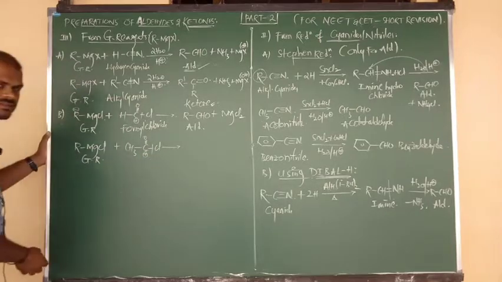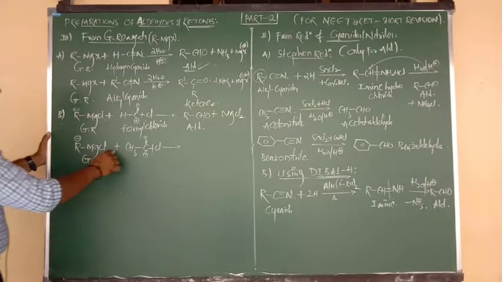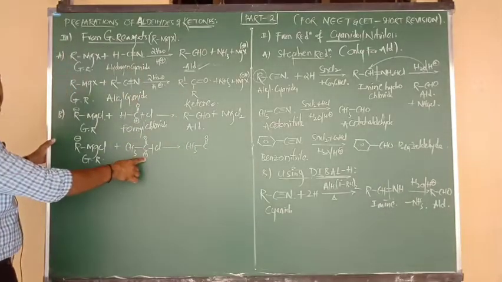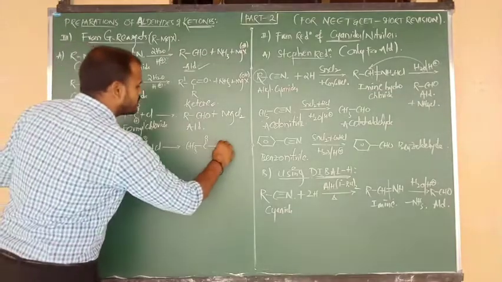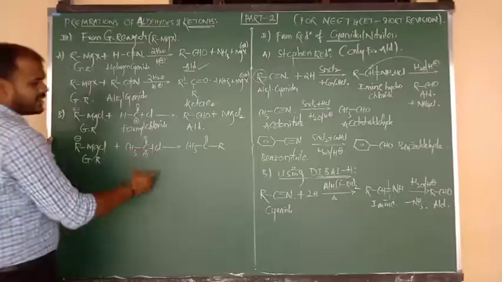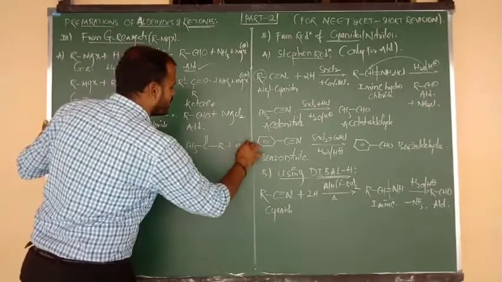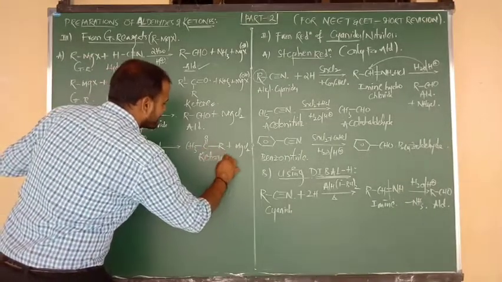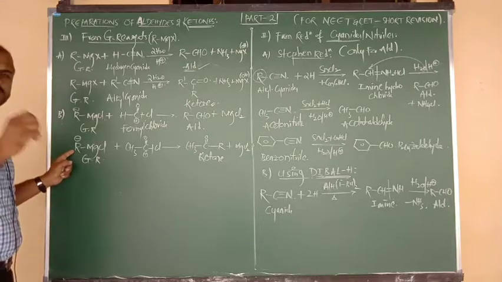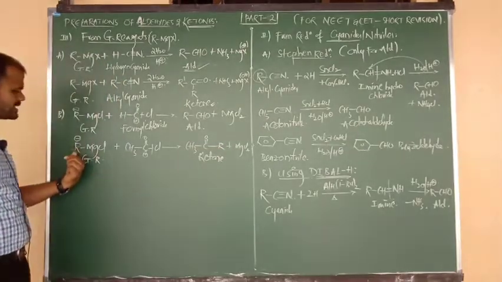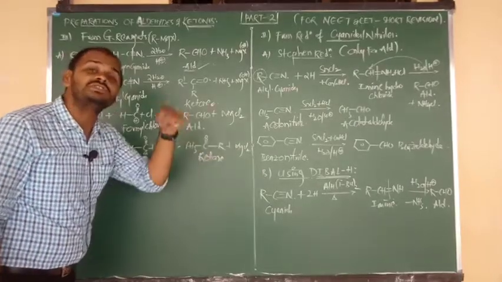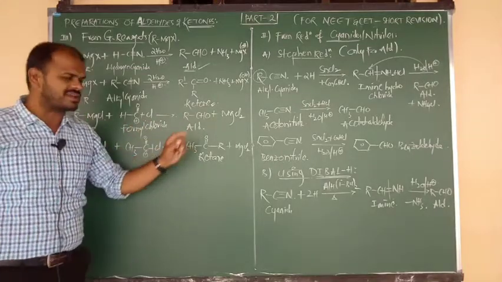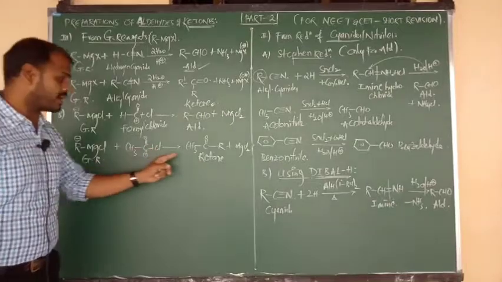Again same thing. CH3 C double bond O, the carbon charge is plus, and it is attacked by R minus. CH3 C double bond O, I am going to write here as it is. The central C contains the positive charge and it is attacked by negative, so simply we can say R. The remaining MgCl, another Cl, is removed in the form of what, beta? MgCl2. So what is your final product, beta? Ketone. In place of R, if we consider CH3, that is acetone. If we consider benzene, that gives acetophenone. So final touch again: Grignard reagents on reaction with formyl chloride give aldehyde, and on reaction with acyl chloride give ketone.